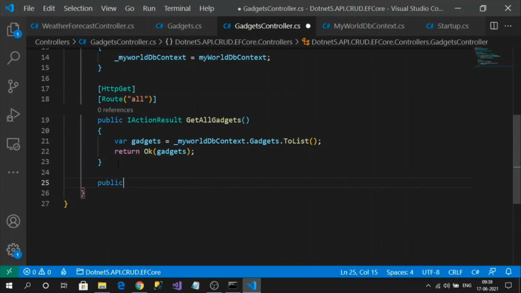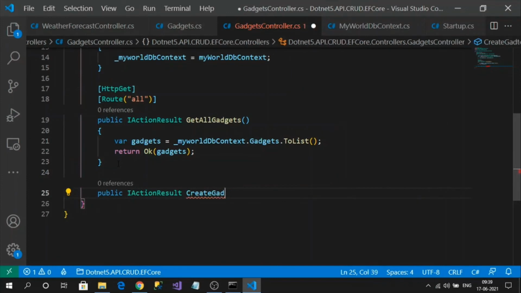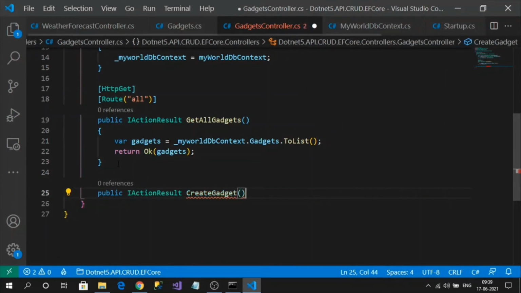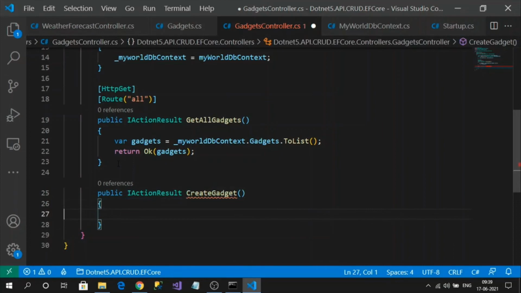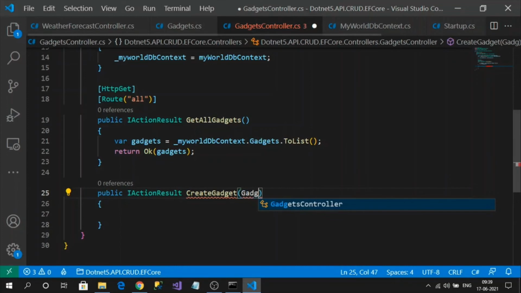Okay, so let me create one more action method, create. This method should have a payload, right? So the client will post some data to the server, and that data will be read from this input parameter.